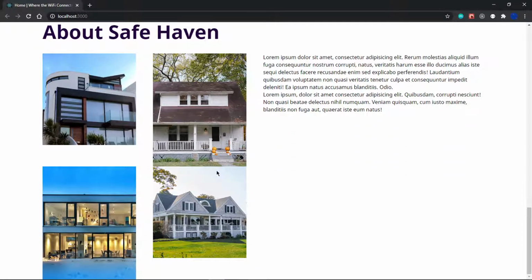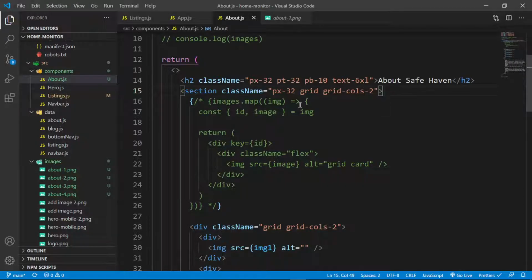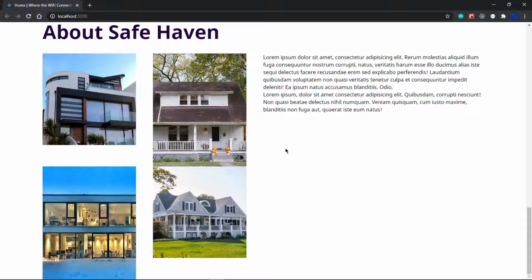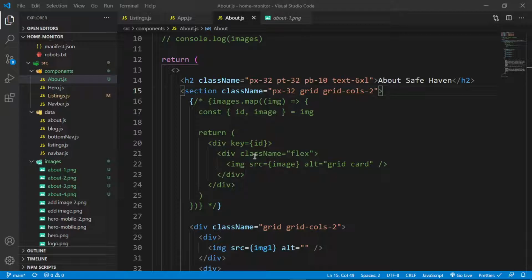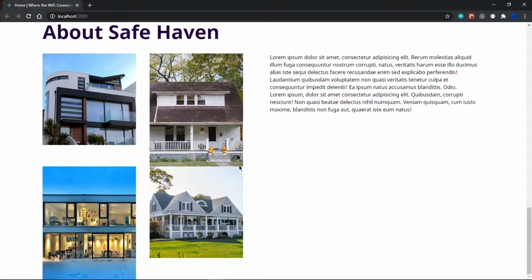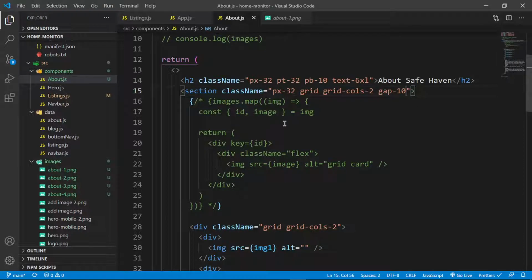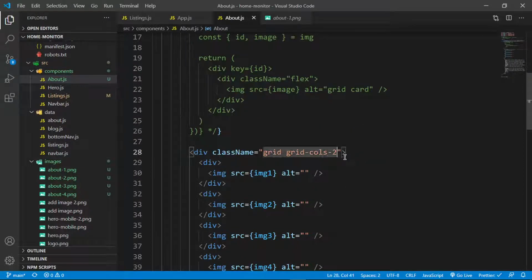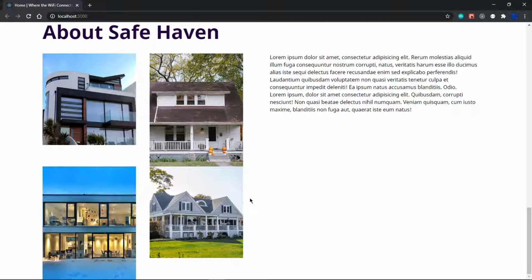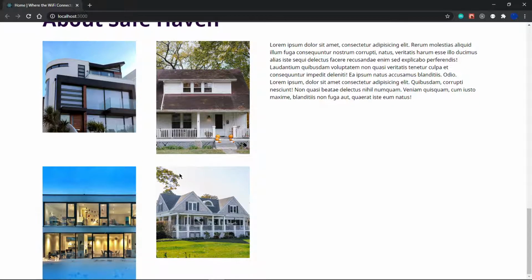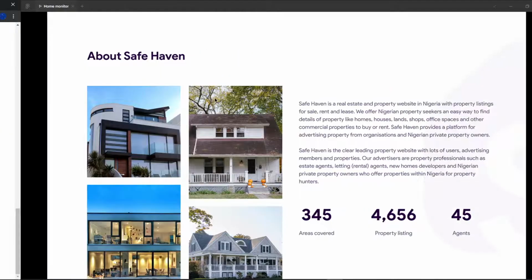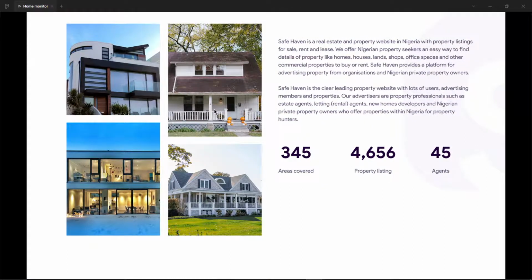Now basically what I want to do is just change up, there's no grid gap. Let me add a grid gap of 10. Why isn't this working? You know what, it's because right here I need to add a grid gap of 10 on the images, which should now separate them out like that. Let me just rearrange these images. I want this to be the first image, and then this to be the second. Wait, how is it aligned? Oh, you know what,